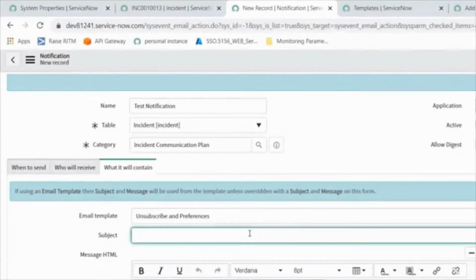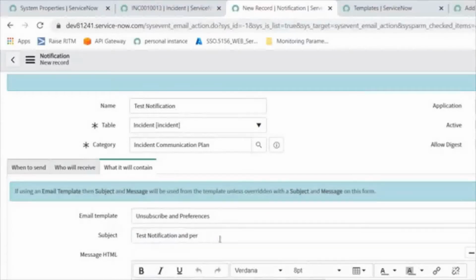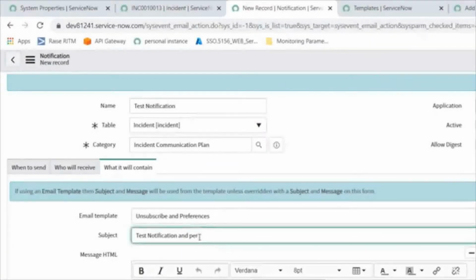So that field is this one: test notification, test notification and preferences. You can write it like that, anything if you want. Notification, test notification from...